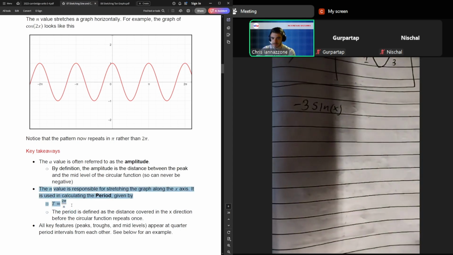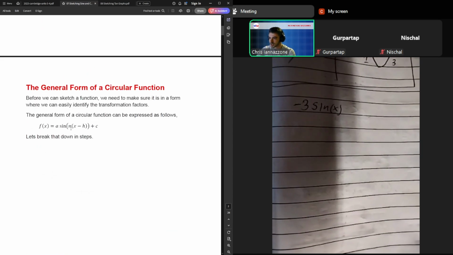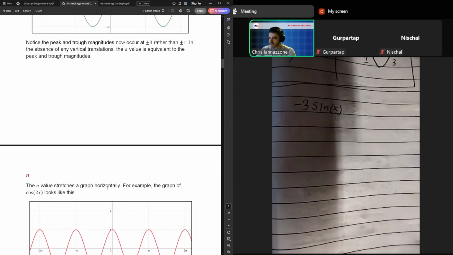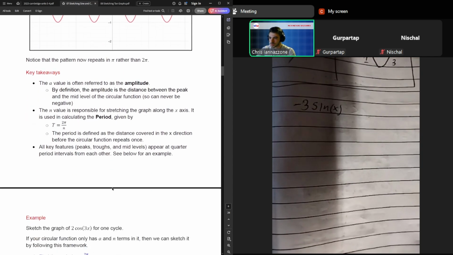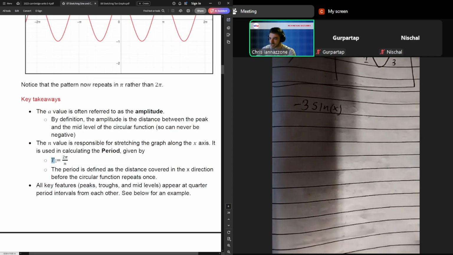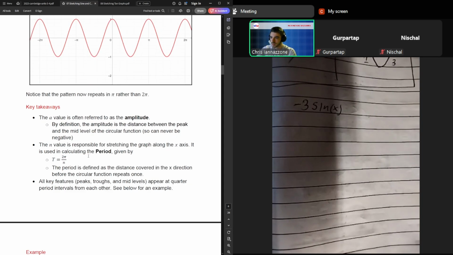The next term worth considering would be the n value. So if we go back to what the generic circular function looks like, that's this thing in here, the dilation factor on the x term. That is responsible for calculating this quantity called the period of the circular function, which is what I was referring to earlier as how long it takes for the circular function to repeat once. The period of any circular function is given by this calculation here. Capital T, the period, is equal to 2 pi divided by n, your dilation factor,